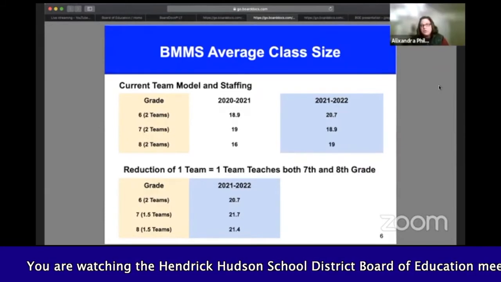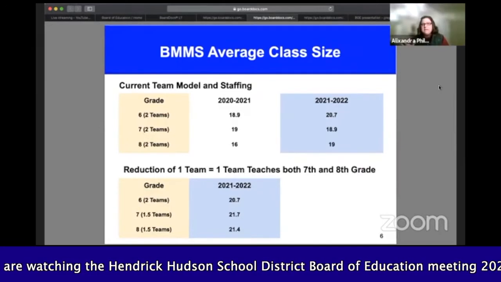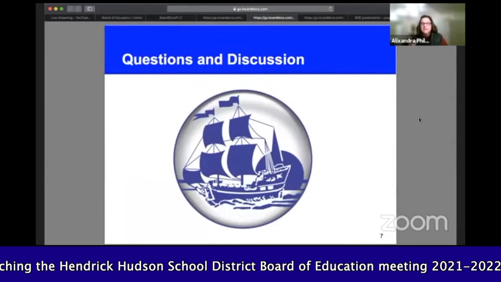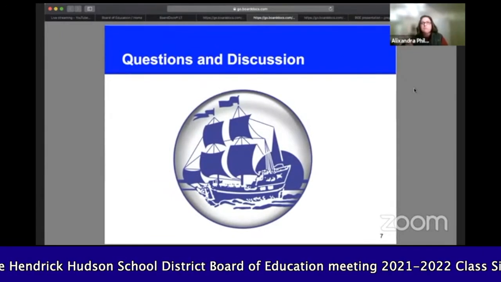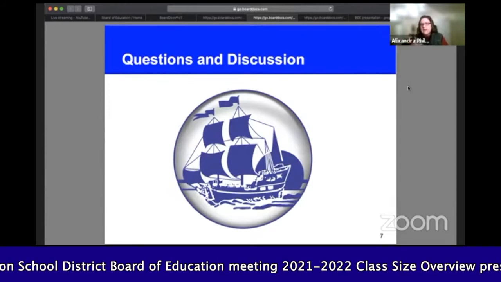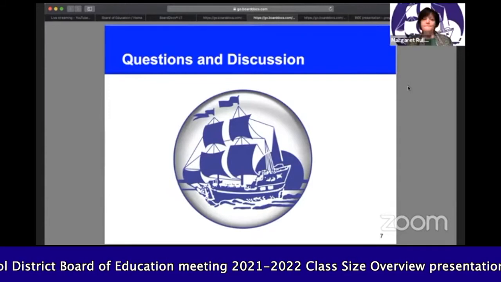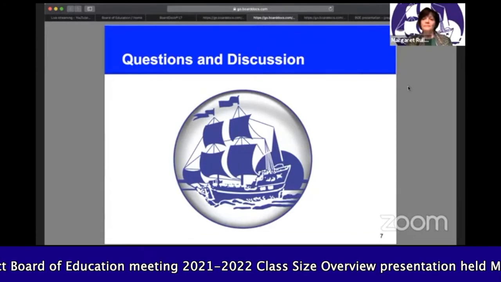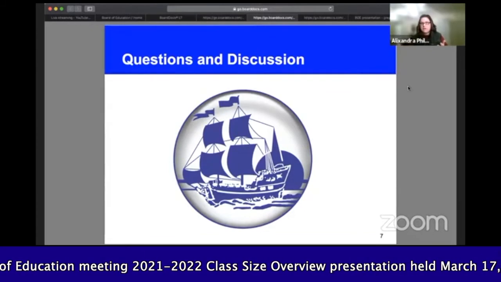So from a student's perspective, nothing's going to be different for our 7th or 8th grader. They might have a different teacher than they would have, and there might be a few more kids in their class. But from the student side, they won't know any different. Correct? The teachers will have an increased burden because they're going to have to be teaching 2 different levels.